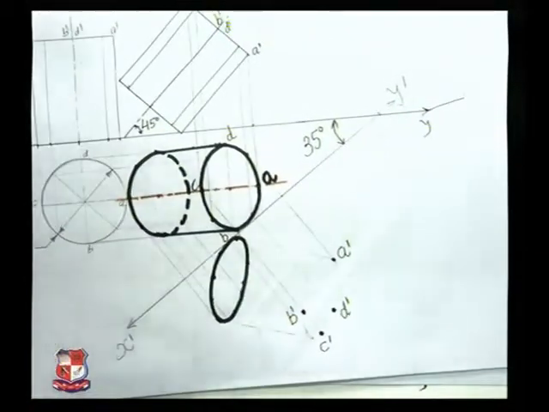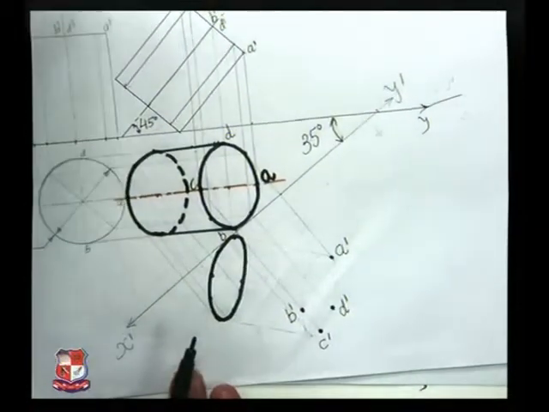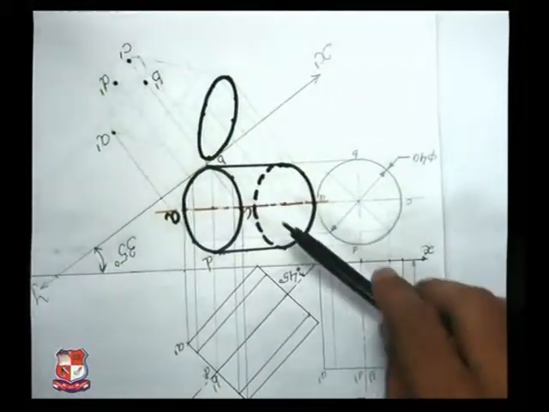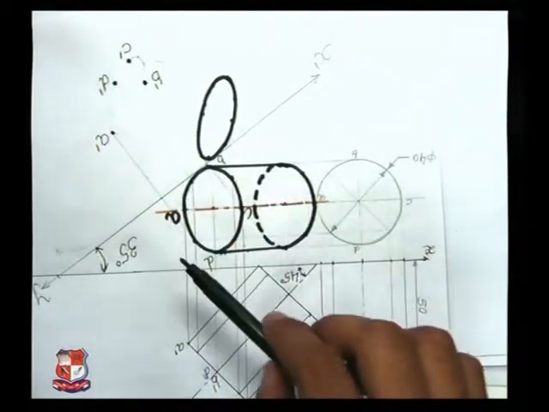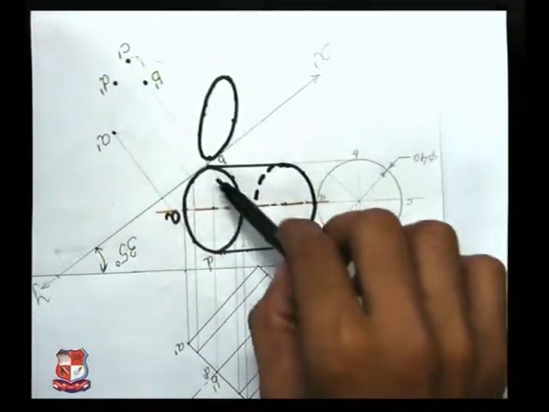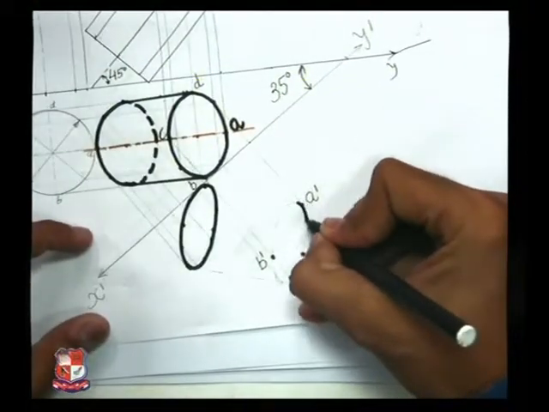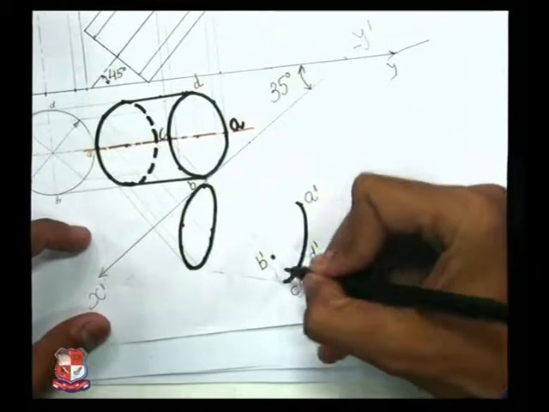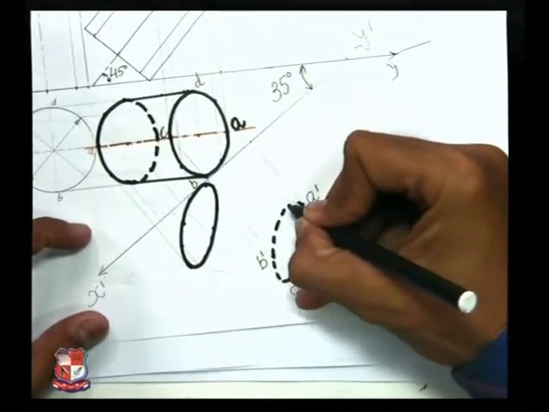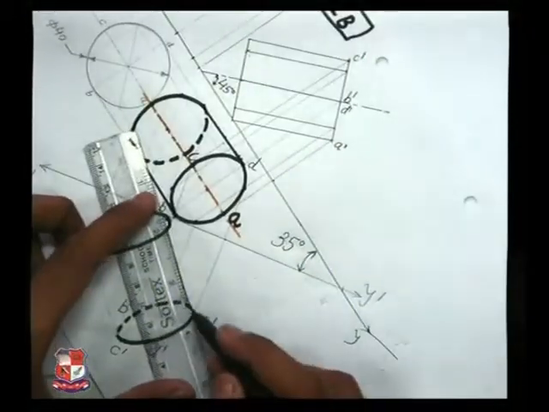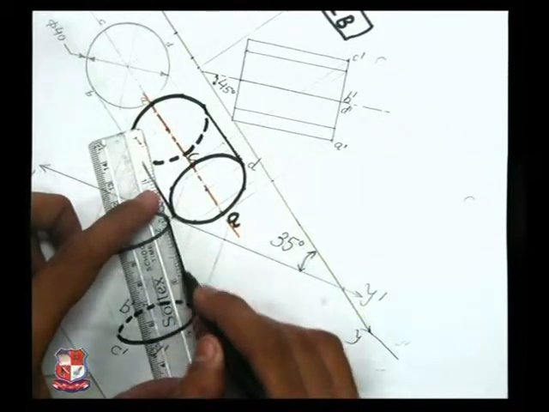Now to find out about visibility of the lines, let me move like this. If we are looking from this side, this face would be fully visible, this face would not be visible. Hence, the front view of this face would be dotted line. So draw like this. This outside line would be full line, and inner portion would be dotted like this. And after drawing that, let me draw the generators or outside of the cone like this.